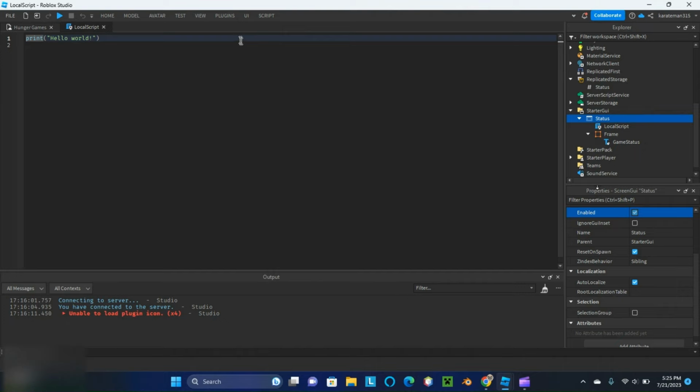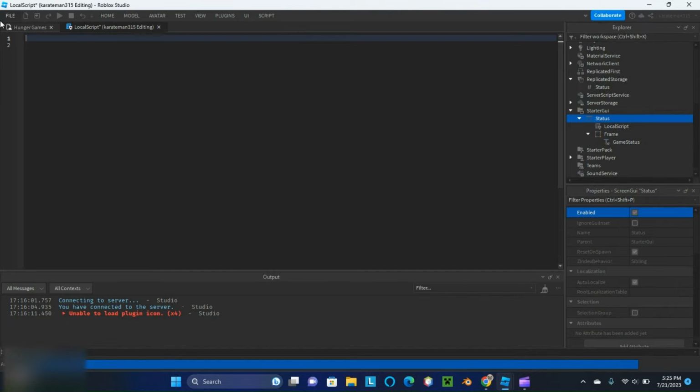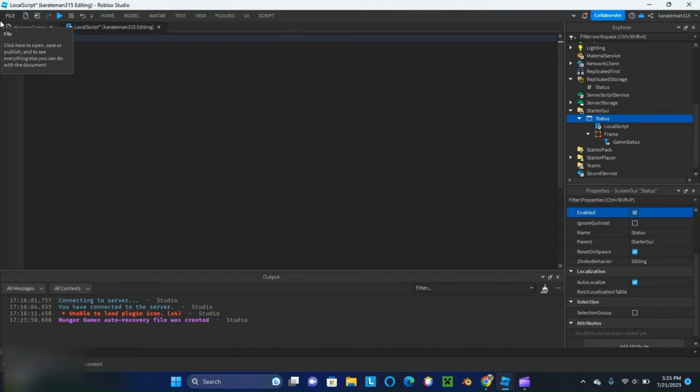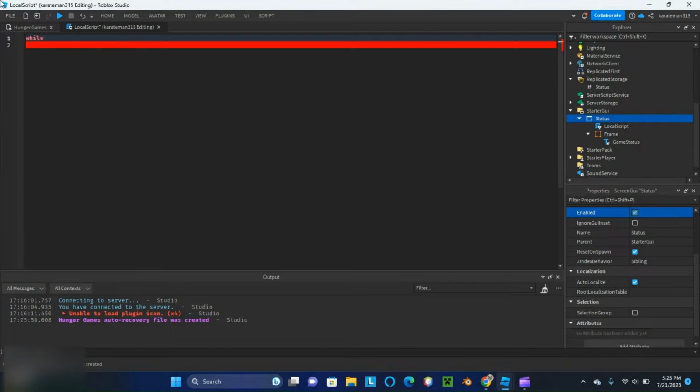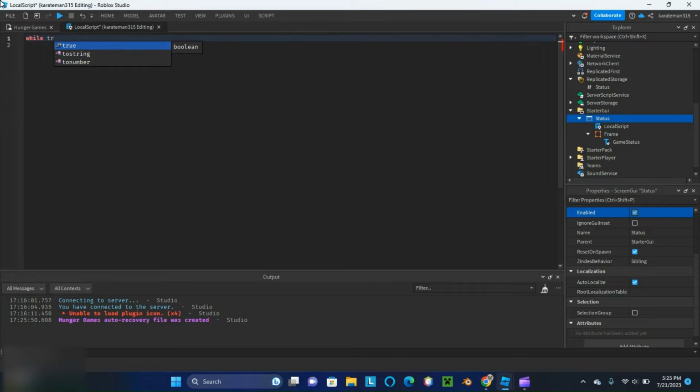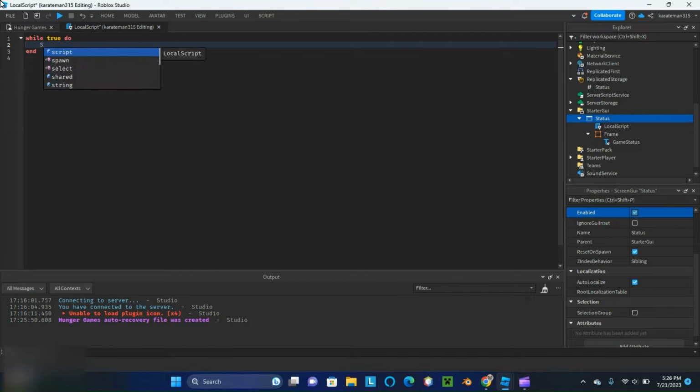local script, and we're going to make sure, so while, and this is probably an inefficient way of doing it for now, but for now, this is okay. Sorry, I'm used to Java. While true do. And okay, so while true, well, basically, whenever the game is running, we're gonna have the